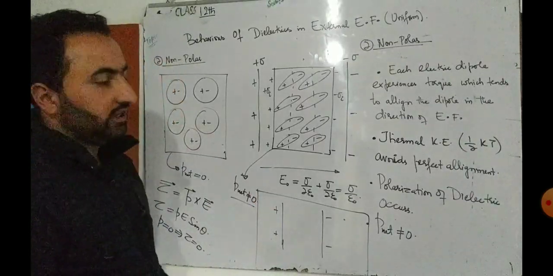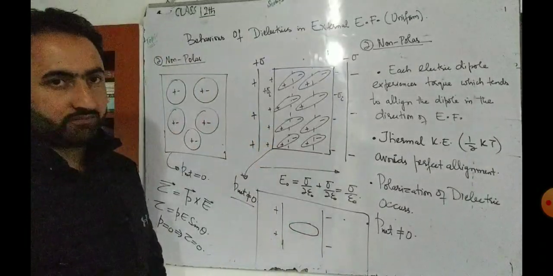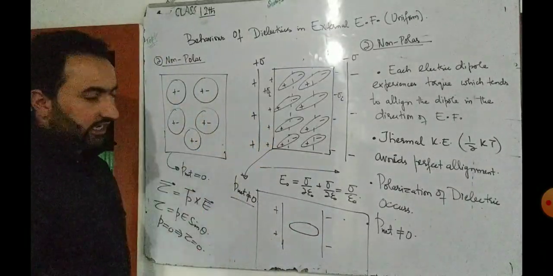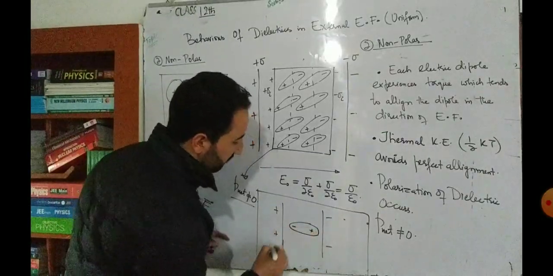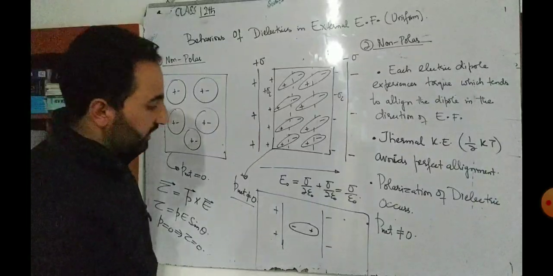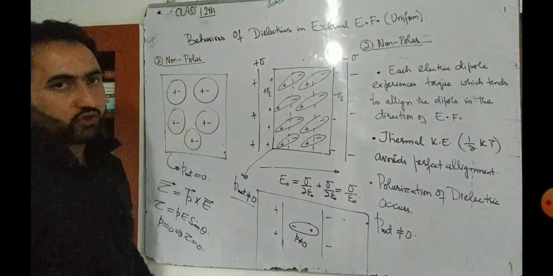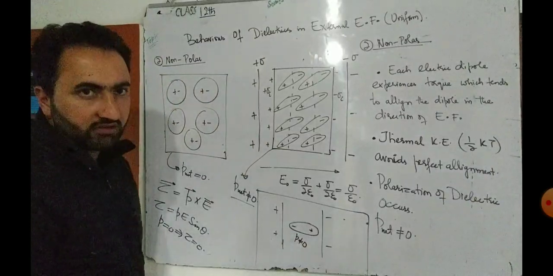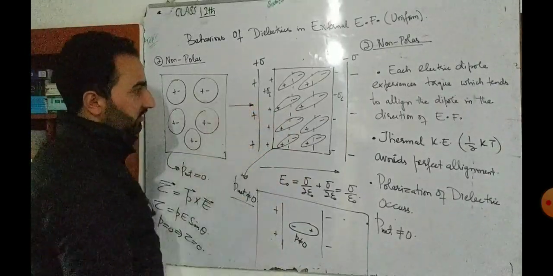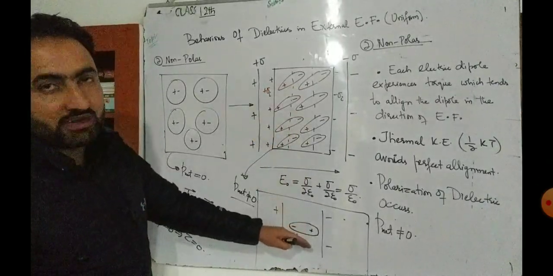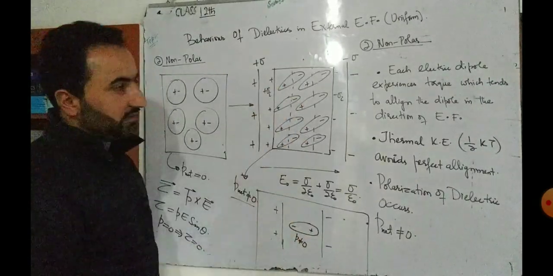So what will happen is that there will occur stretching of the molecule like this. It will no longer be spherical, and the negative charge centers and positive charge centers will be separated like this. So the dipole moment of this molecule no longer remains 0. That is not equal to 0 now, because the negative and the positive are clearly separated. The same situation will happen in this very case as well. Okay, there is no perfect alignment like this. The reason is thermal agitation. Thermal agitation will again avoid the perfect alignment.